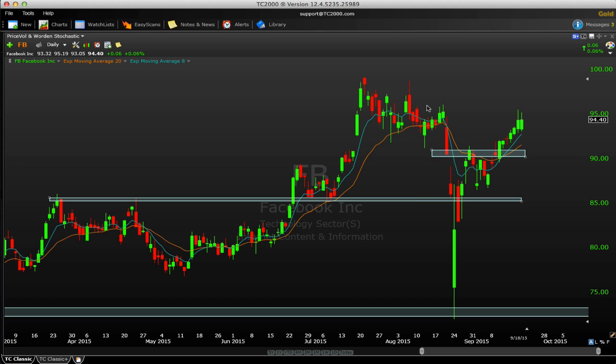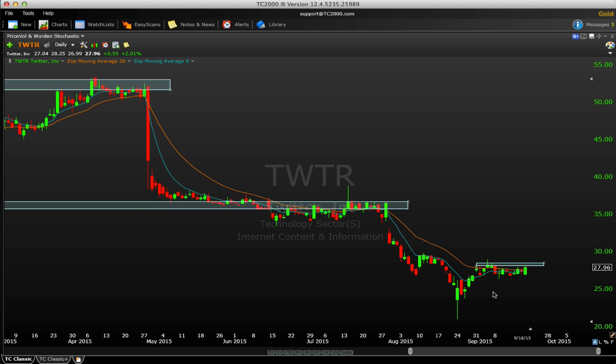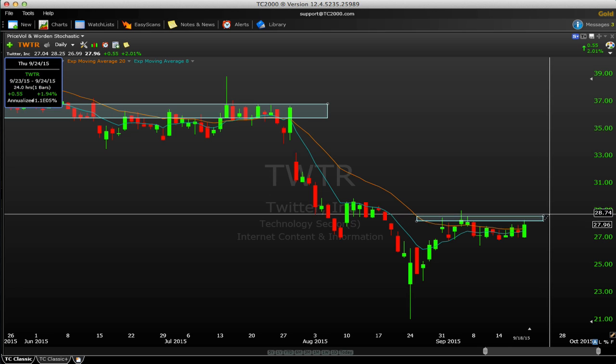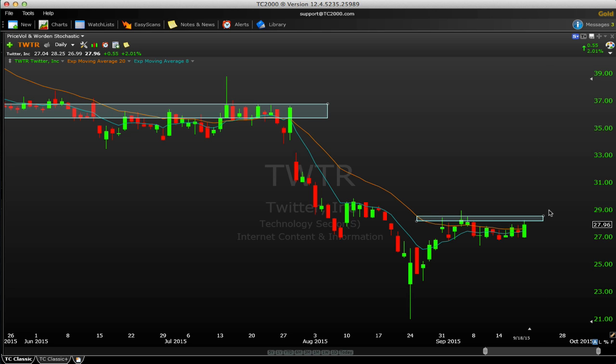So certainly some constructive action out of there. Twitter, similar situation. This whole space here does have a little bit of a bullish bias here in this high-tech space, or even the cloud space, however you want to branch some of these out to. But the Twitter looking pretty good here. Get back above $28, $29, I think. Get another pop there, momentum squeeze into maybe the 30s. See if that can happen.